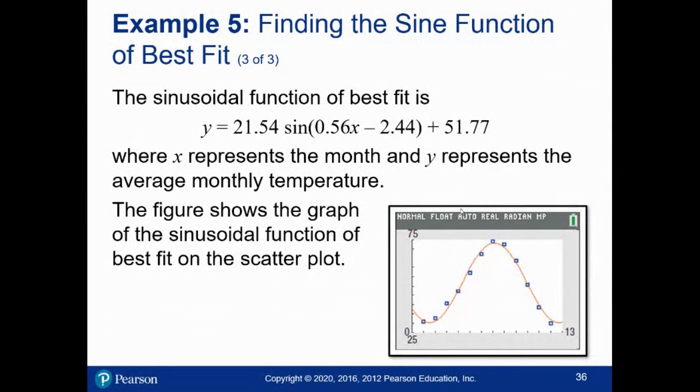So let's actually go to a blank screen here so that I can do an example where the period isn't a year. So let's do an example of tides. Sorry, I accidentally changed what screen I was looking at. We're doing tides. Okay. So suppose you measure the tidal depth